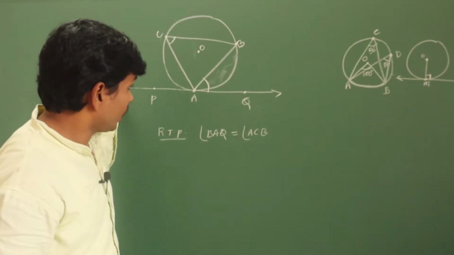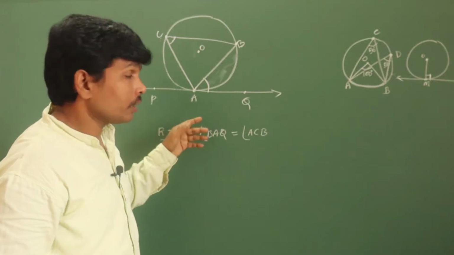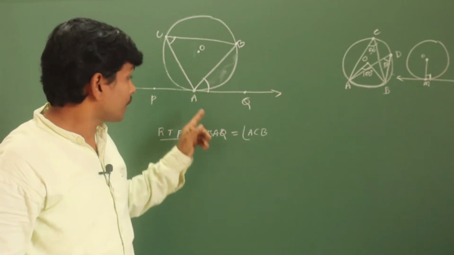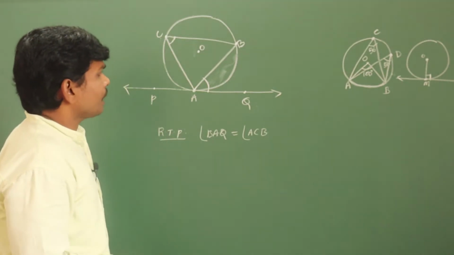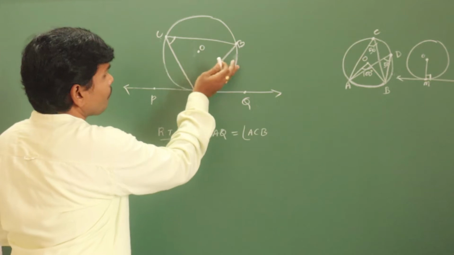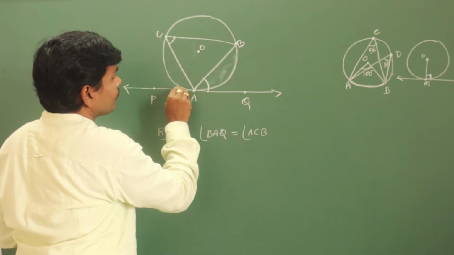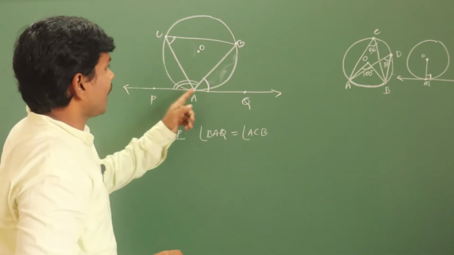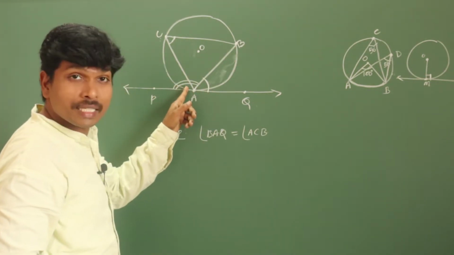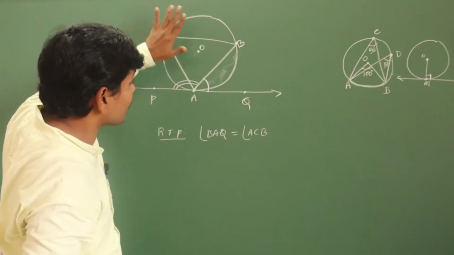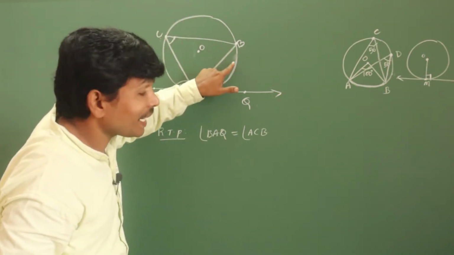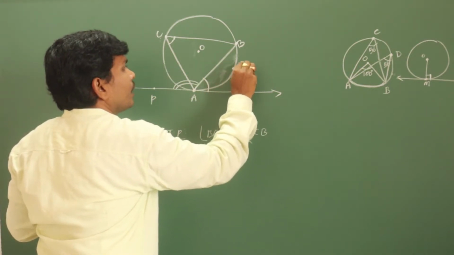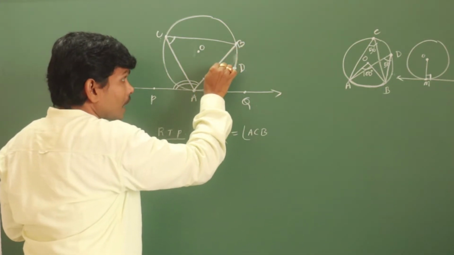When we draw one tangent and one chord, and there is one common point for both chord and tangent, that is called the point of contact. And the same thing happens now. See, observe here. It is my major segment side. It is the angle between the tangent and chord only, no? But this angle is on the major segment side. Now you take any point on the minor segment side. That is called the alternate segment. See here, you take any point D. Now the angle subtended by this chord.